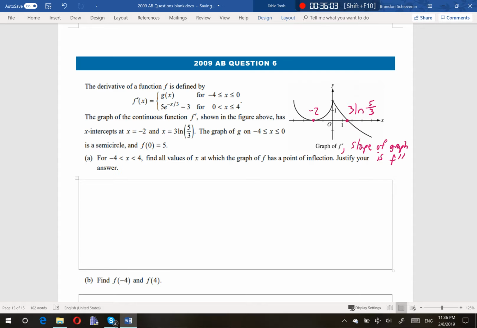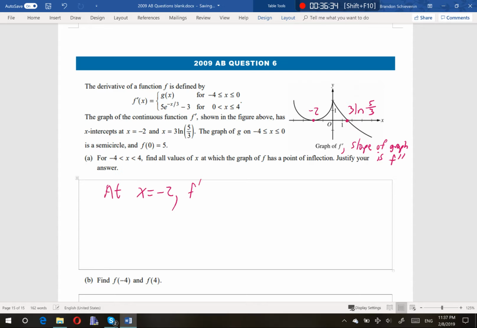Negative 2 to 0. Which point? I'm looking for at what point we changed our slope from positive to negative or from negative to positive. Negative 2. And then 0. Perfect. So at x equals negative 2,